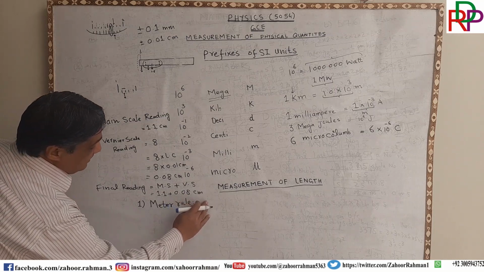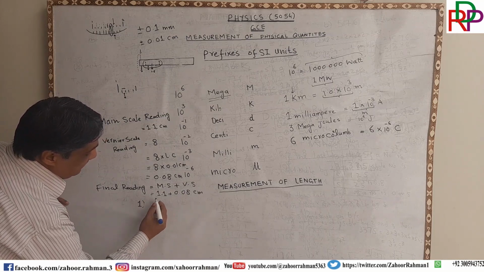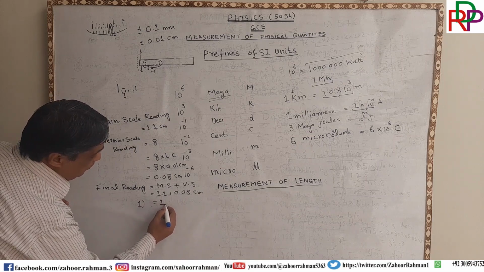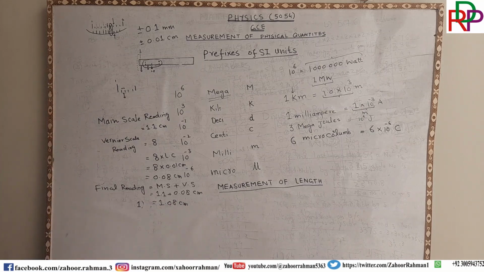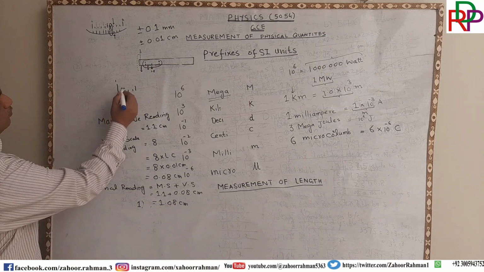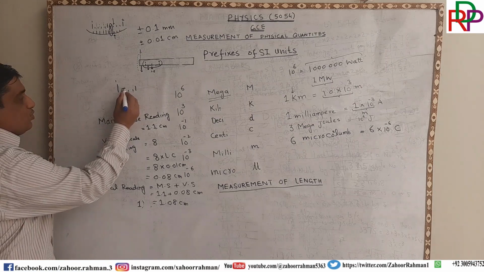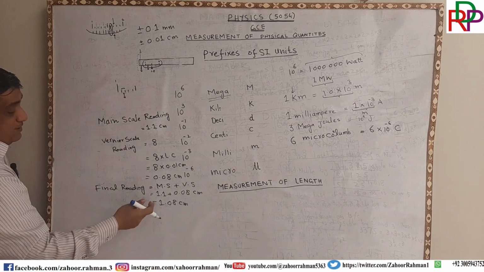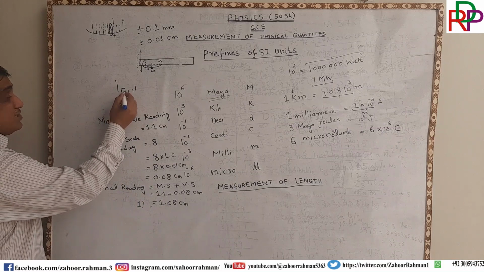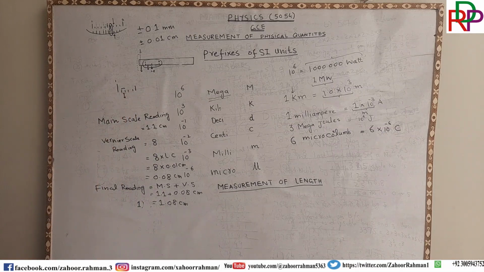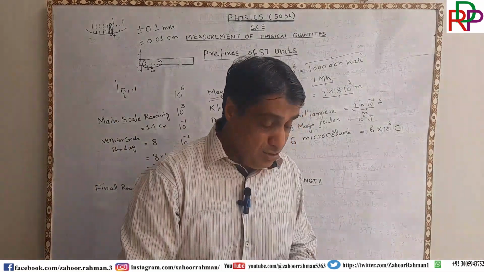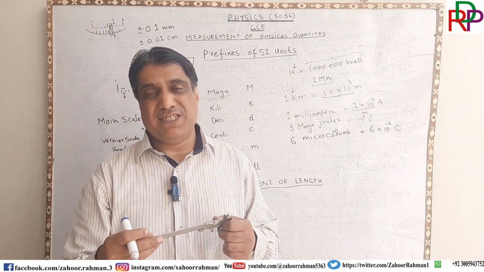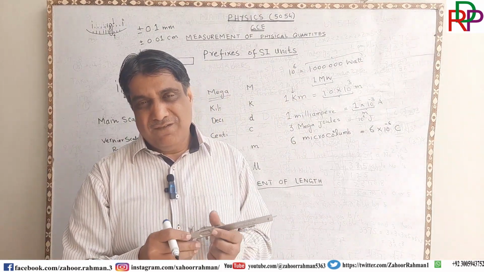So it means that the final value is 1.08 centimeter. So in this way we can use the vernier caliper, which is another instrument for